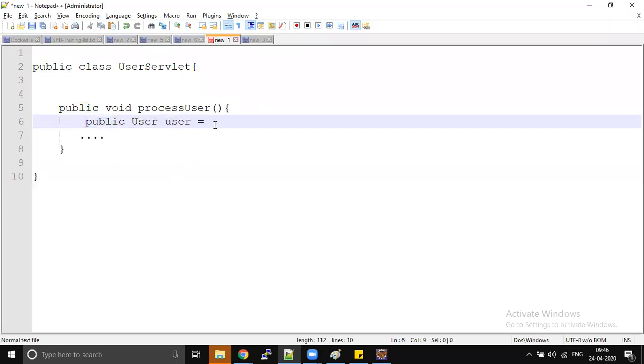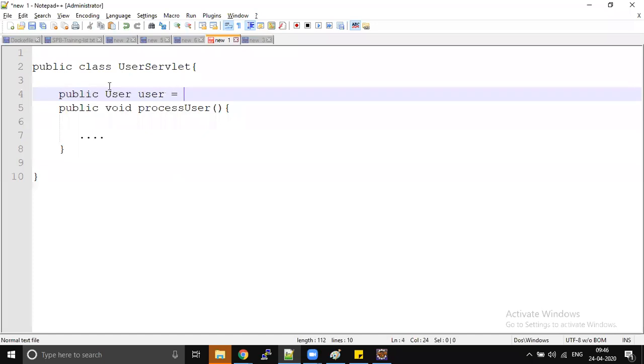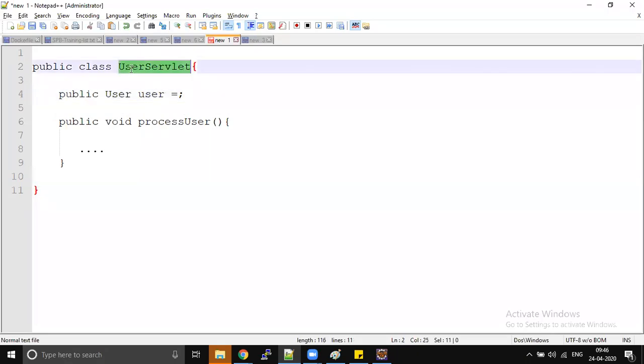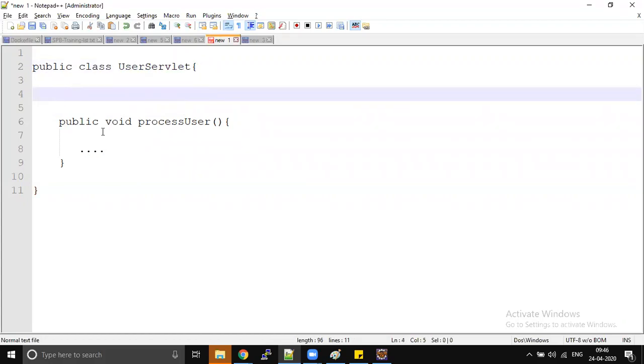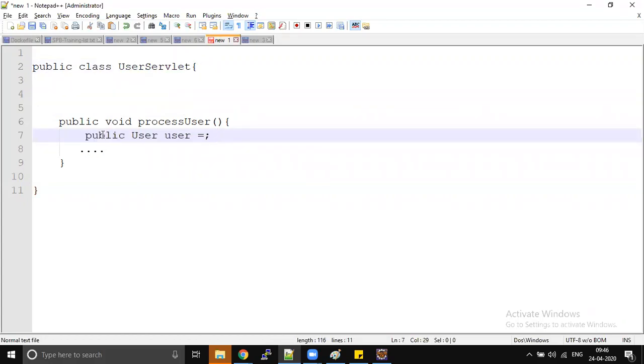If you mark this as an instance variable, then the user variable can't be deleted by the garbage collector until the servlet is eligible for garbage collection. So if you use local variables, the garbage collector will release the memory effectively.